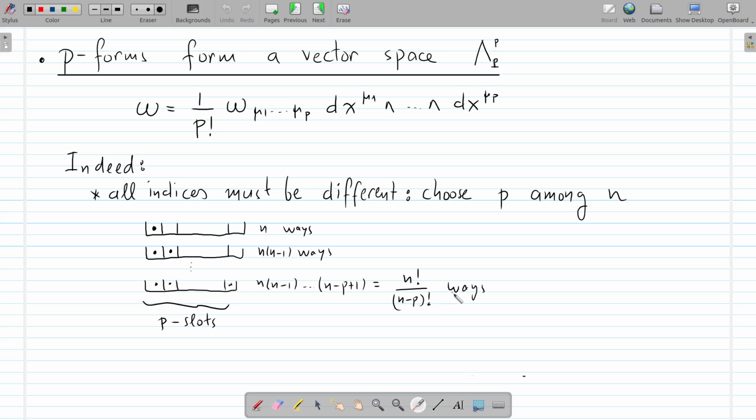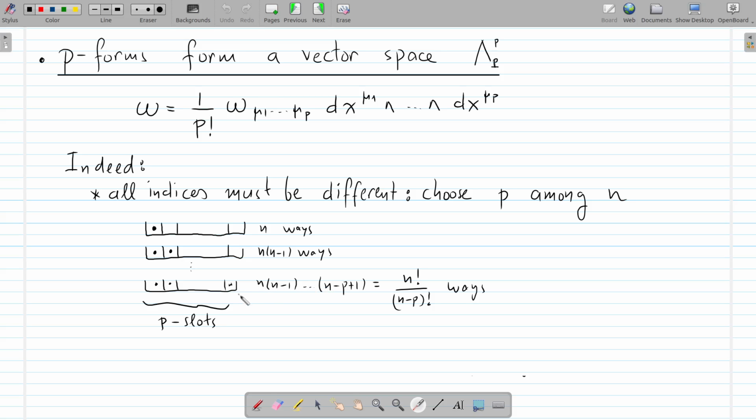So these are the possible permutations of p objects that take n values. So the first index can take n values, and after we have picked up the first index, the second index takes n minus 1 values. That can be done in n times n minus 1 ways,